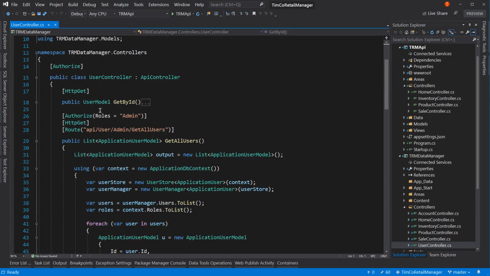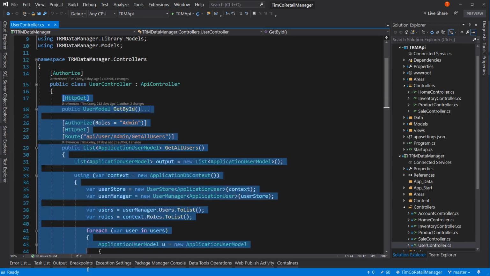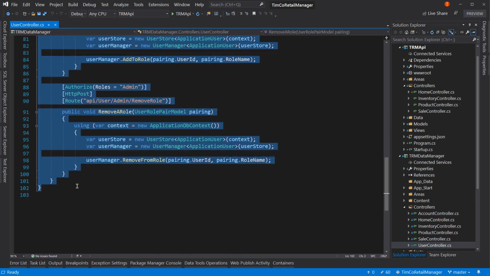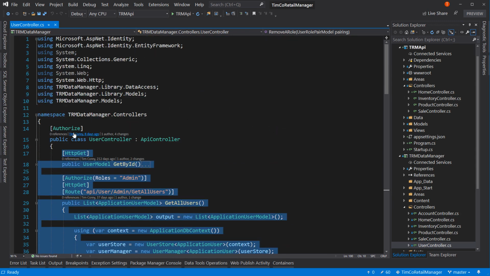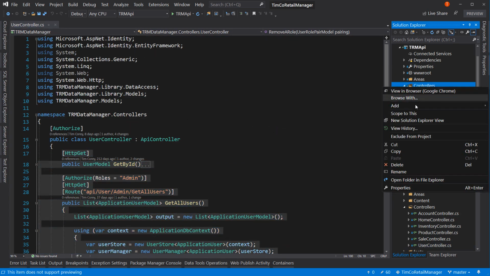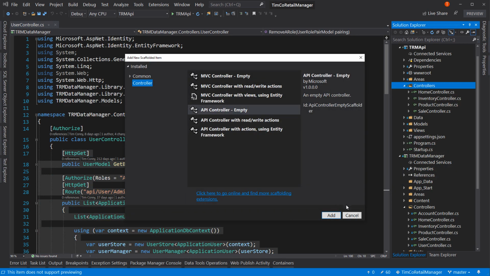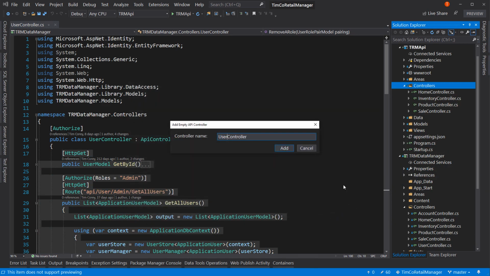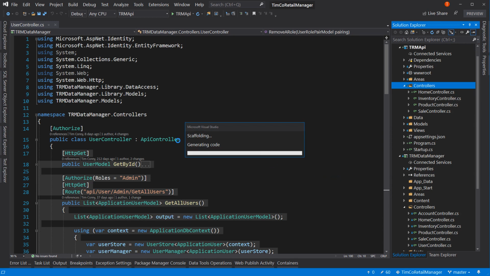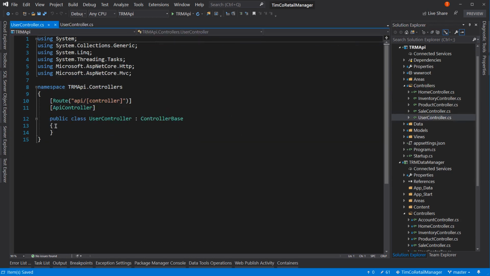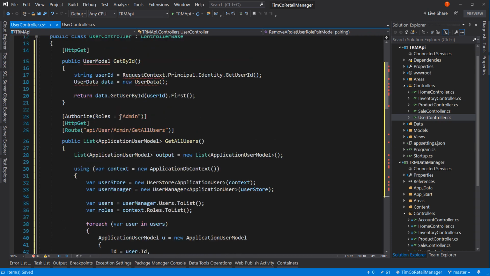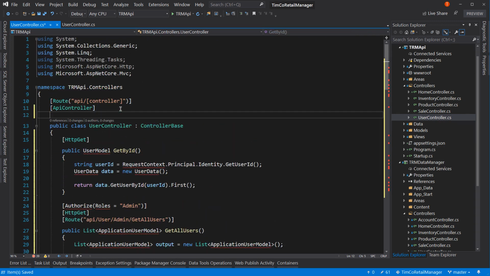Okay, user controller. So let's grab all of this down through this curly brace. Make sure you grab the right curly brace ending, otherwise you'll mess things up. So there are 2 that I'm not grabbing. This is the user controller, and it's an authorize on the controller itself. So controller, API controller, user, it's singular. Once we scaffold this out, we will paste this in and also add the